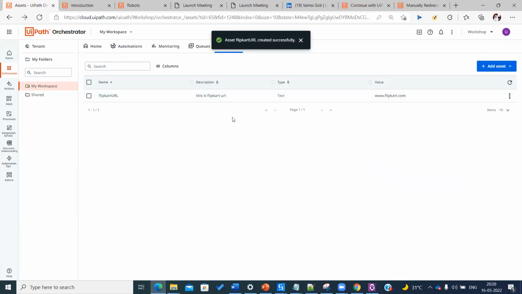Now, why do we need to do this? We already have variables. We already have the config file. We have a lot of things. Then why do I need to do this? First of all, let's see how we retrieve this data. So now what I'll do is